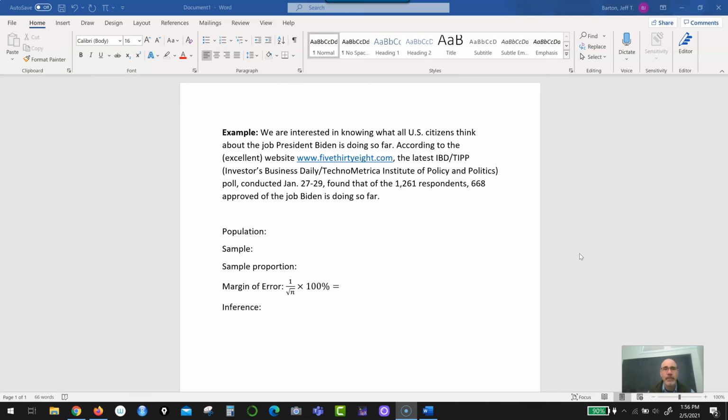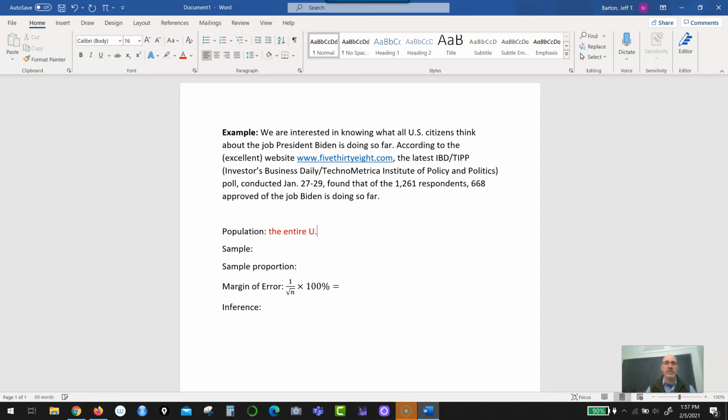So that poll took a random sample of 1,261 folks, and they found that 668 of them approved of the job that Biden is doing so far. So let's apply our sort of initial terminology to this situation. So first off, what's the population here? Well, in general, the population, remember, is the entire collection of things or people that we are interested in knowing about. So the population here is the